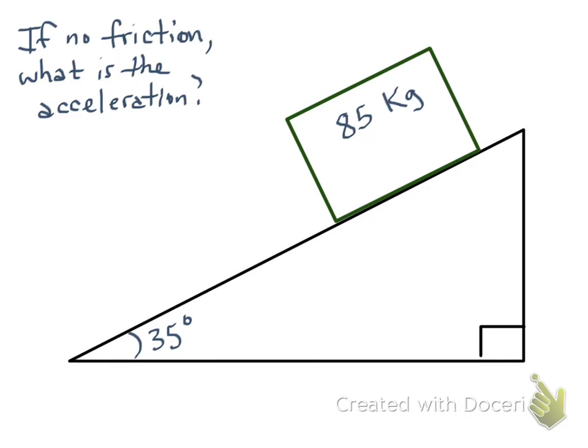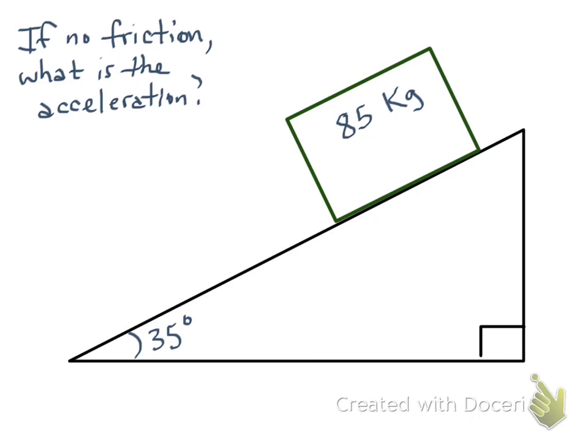In this video we're going to show our first attempt at solving the acceleration of a box on an inclined plane. If you notice in the question it says there's no friction. We'll work on problems with friction next, but we're going to start with one without friction. And so in this case, to start with, we have the ramp that is at a 35-degree angle and an